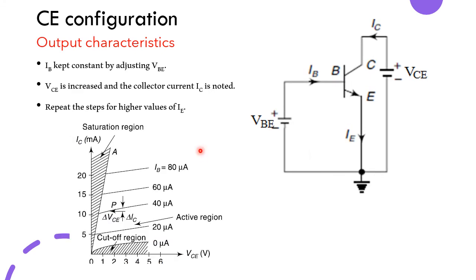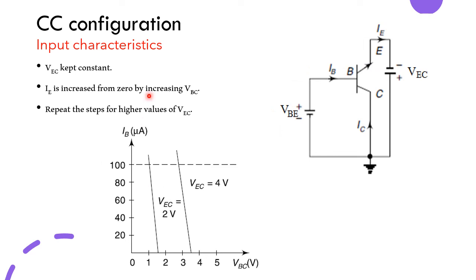Next we move on to the output characteristics. Output characteristics is the same diagram. Here the output characteristic is drawn between VCE versus IC, since the collector is the output terminal, with fixed IB. Here you have to fix the current IB. So VCE versus IC, with the current fixed at 0 milliamps, and then this is the curve. While we are increasing IB, the curve is like this. In the previous case we got the negative current, but here it is not like that. That is the difference in CE configuration.